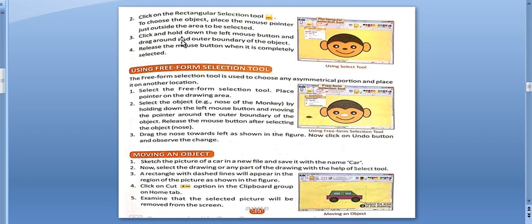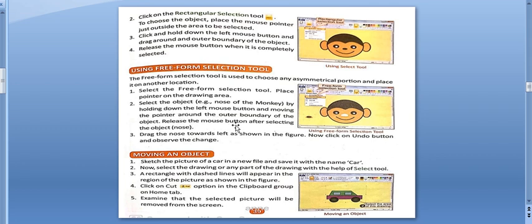See, click on the rectangular selection tool. To choose the object, place the mouse pointer just outside the area to be selected. Click and hold down the left mouse button and drag around the outer boundary of the object. Release the mouse button when it is completely selected.